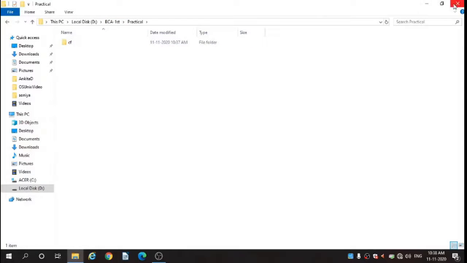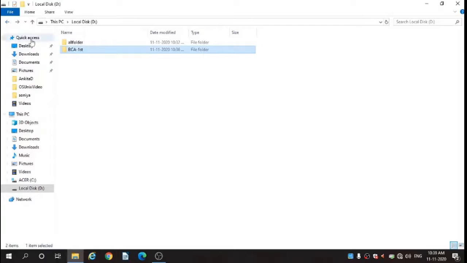Minimize or you can close it. If you want to delete this folder, simply click on it and then press the Delete key from your keyboard. So delete, it is automatically deleted. Then you can move from here also, or you can press this back button.